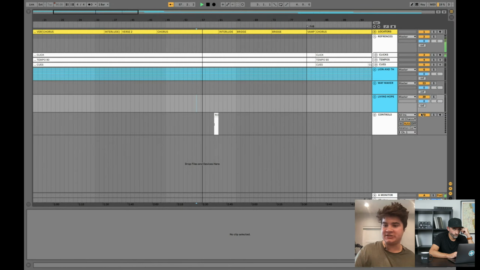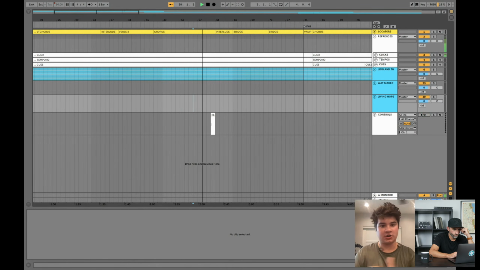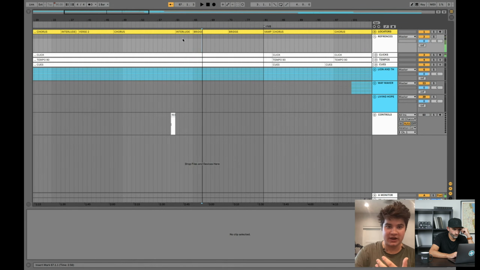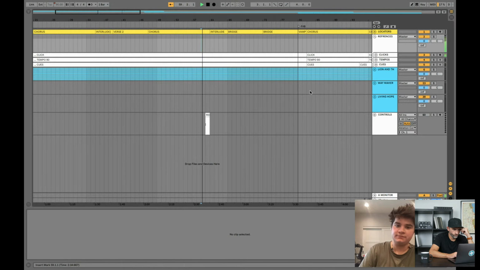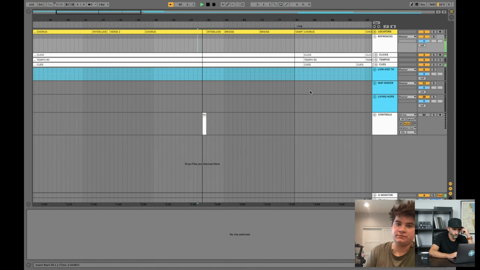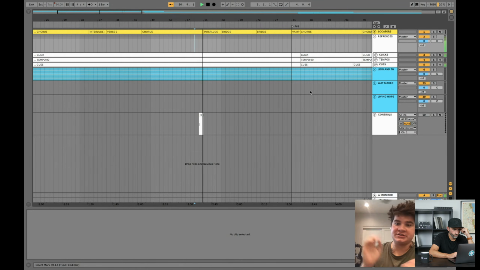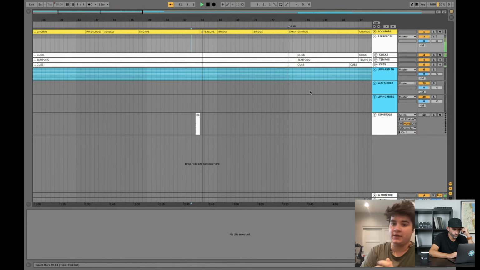Say we're in the middle of it and he goes, "Connor, we got to do that bridge." I use my loop mix and I just turn it off. And it's going to go right past it into that bridge. And I'll show you. Interlude 2. It didn't trigger it because it's off. Now we're in it. It's super helpful to have stuff like that built around your set to be super flexible.